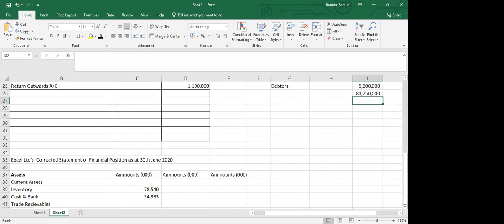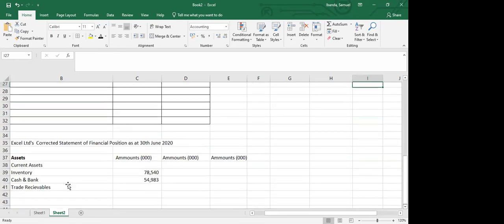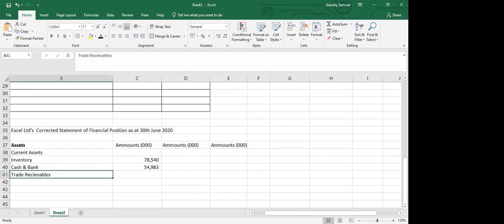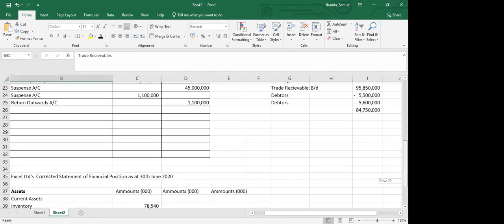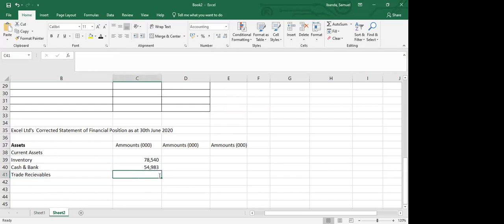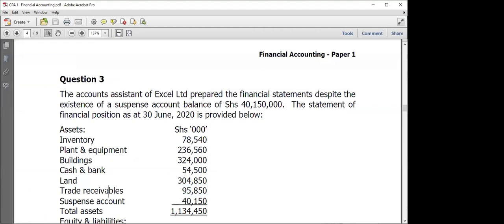So when you come to your debtors here, you write that value, 84,750, like that. So those are your current assets. Ours is to check and see, do we have any other current assets that need to be recorded before we get to the fixed assets or the non-current assets? So we had receivables, we had inventory,